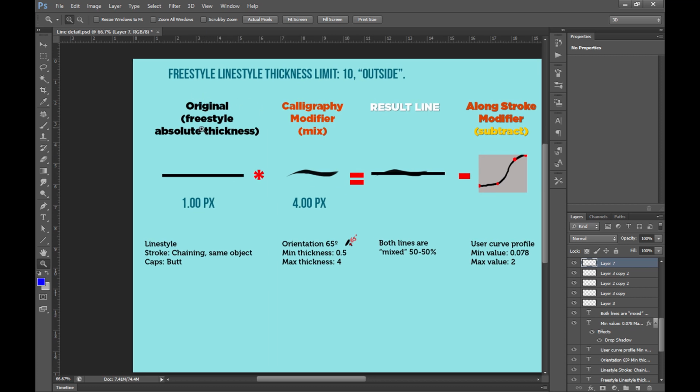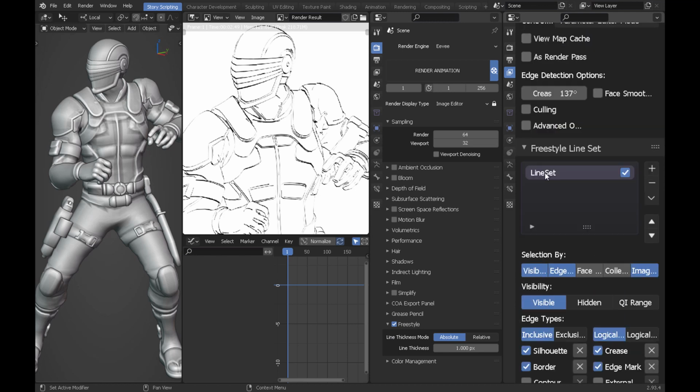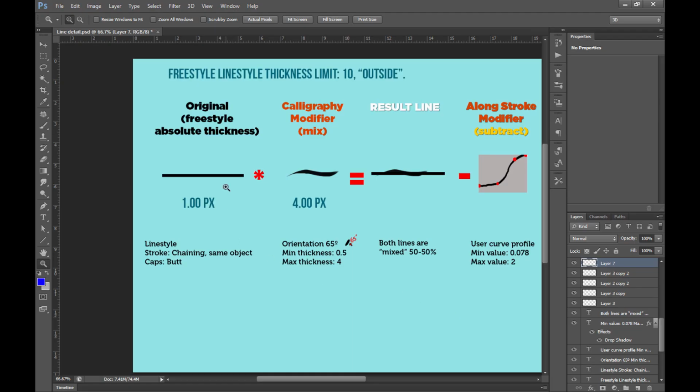In the original freestyle absolute thickness, this is going to be represented regardless if you configure any of these things inside of the line set. So in the case that you just activate this, you're going to get no modifications on the line whatsoever, and you will only get this line thickness pixel at 1. So you may interpret this from here on as your base line. This is something that you can think of as your starting line. Okay, so you're going to start with a line of 1 pixel here,